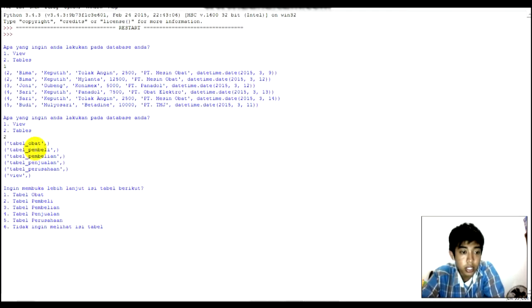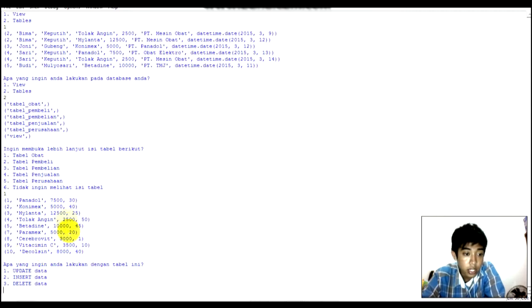We can see there are 5 tables here, and we can edit, change, insert, update, and delete with these 5 tables. We choose the first table, and we can see that the information in this table will come out. This is the primary key, and this is the information, the price, and the name of my database, and we can update, insert, and delete in this table.